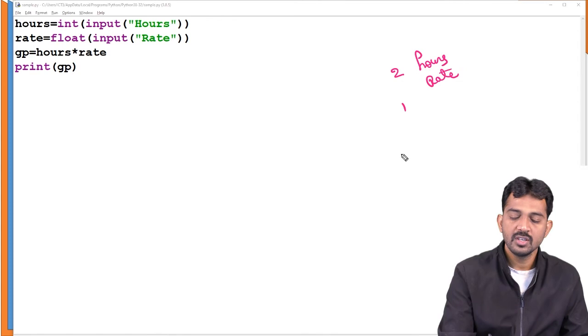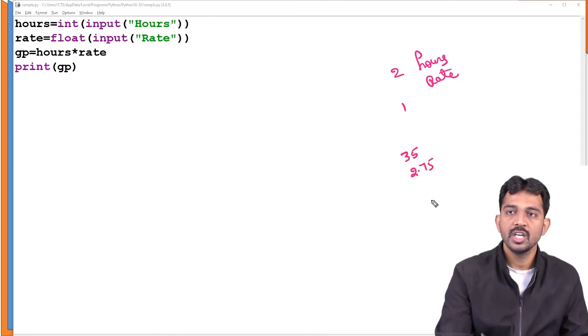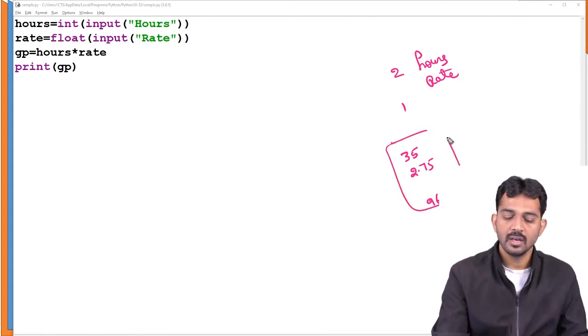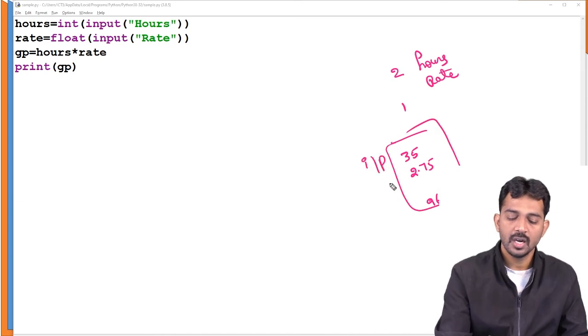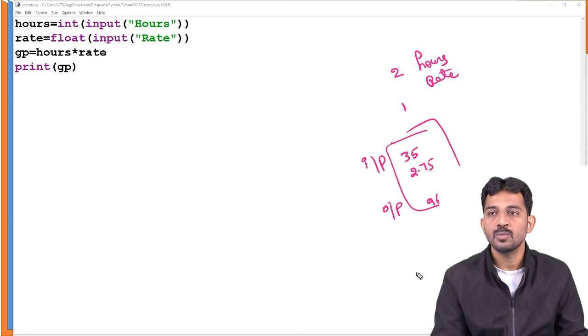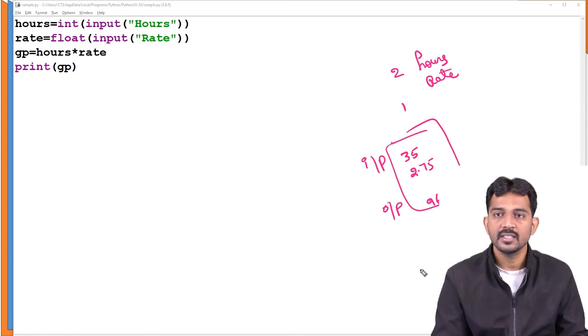So the sample input is 35, 2.75. Your result is 96 point something. This is your input format and this is your output format. If you consider it like this, then what do you need to do?